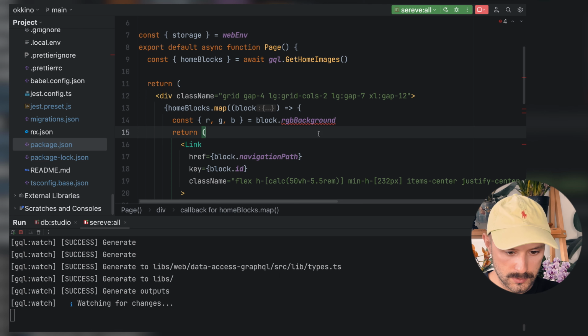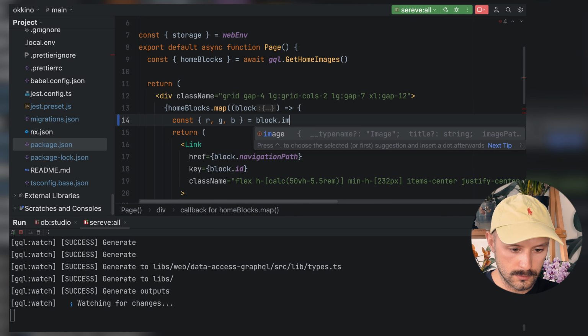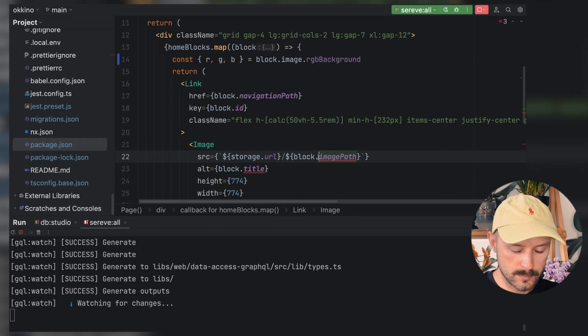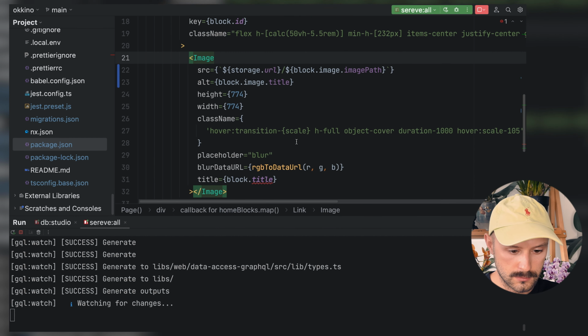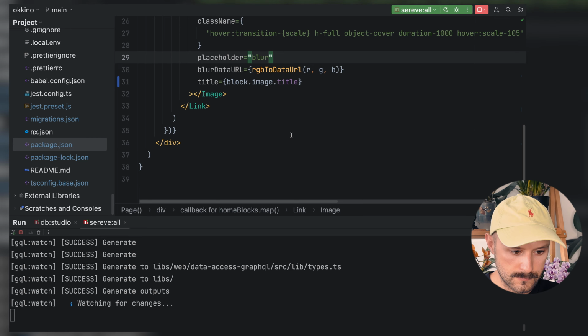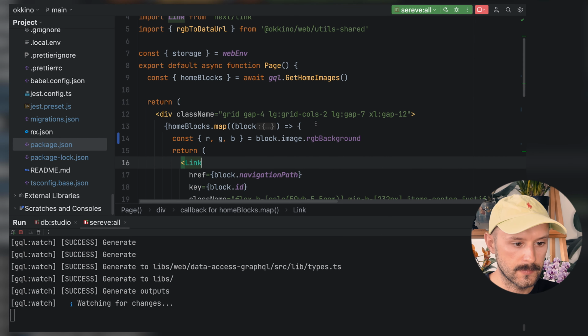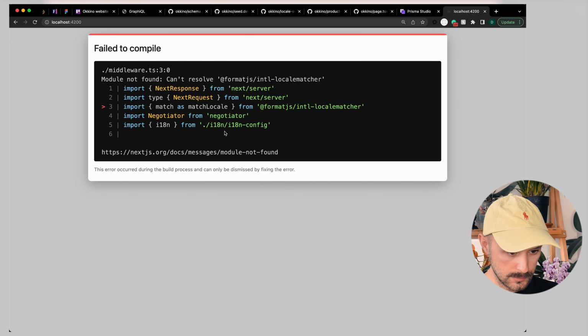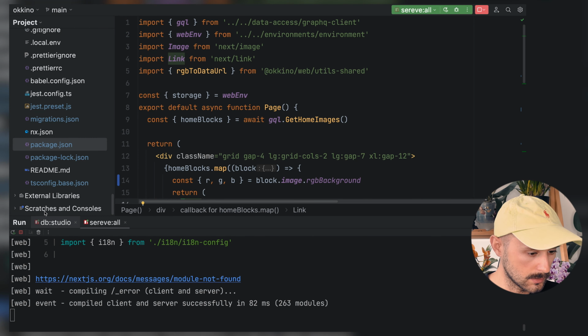Let's check the page one more time. As you see, it already fires an error because it now sits on image, RGB background. We have our RGB. Image path sits on the image object, title on image, and yeah, image. And now we should be good. Let's actually try it on localhost 4200. Yeah, failed to compile. Last time I guess I installed it, but somehow it wasn't included in our package.json,